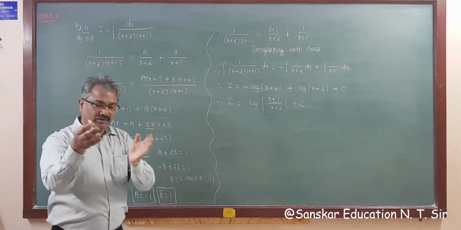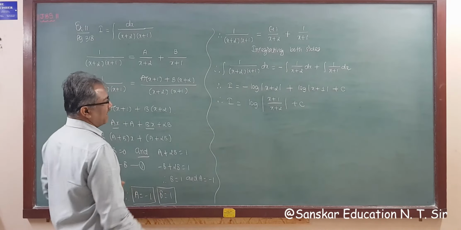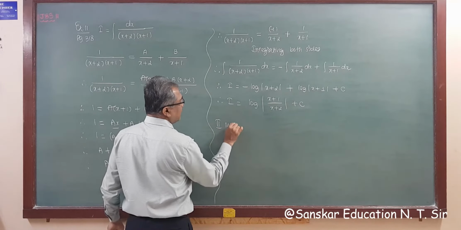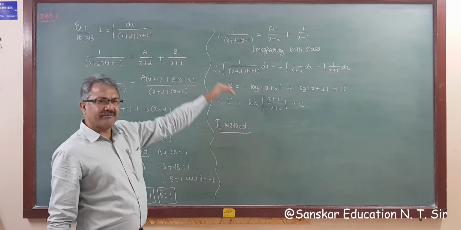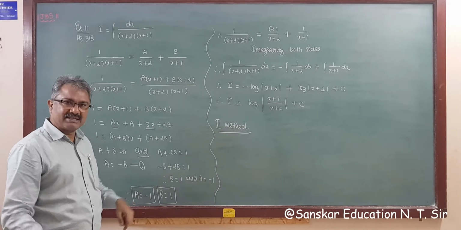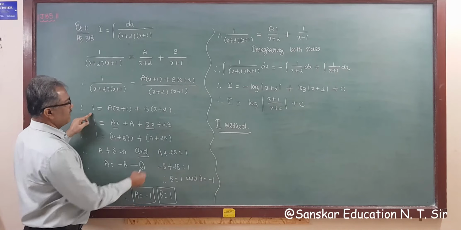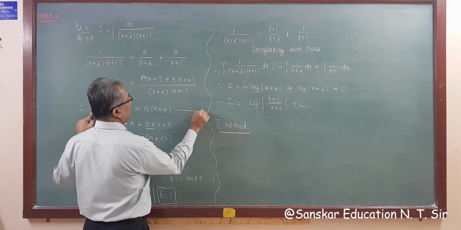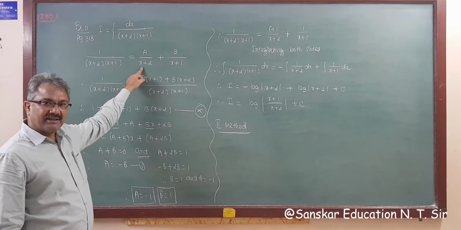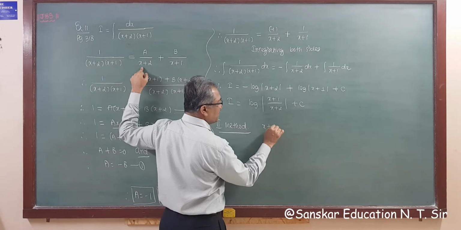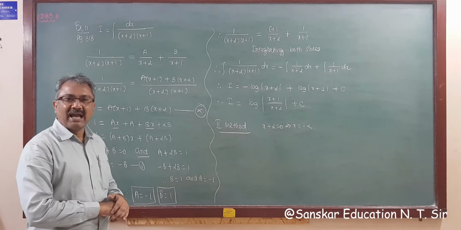Now I am going to give you some shortcut methods to find your constants. The second method, I am explaining how to find a and b, the constants. The answer will be the same, because a and b are the same. One of the factors is x plus 2, in this equation, say equation number alpha. So if x plus 2 is a factor, then x plus 2 is equal to 0, that is, you have to take x is equal to minus 2.